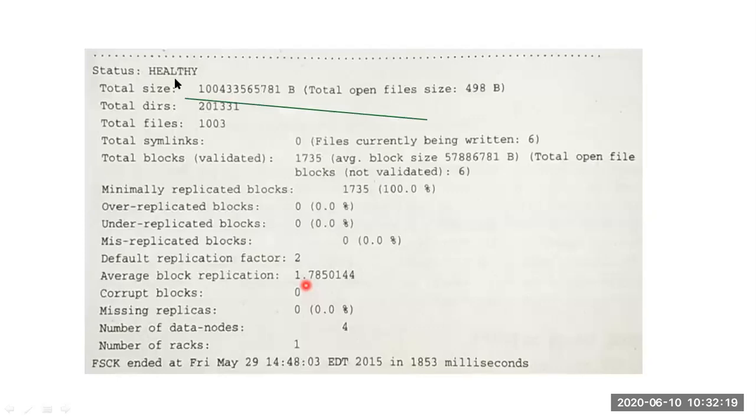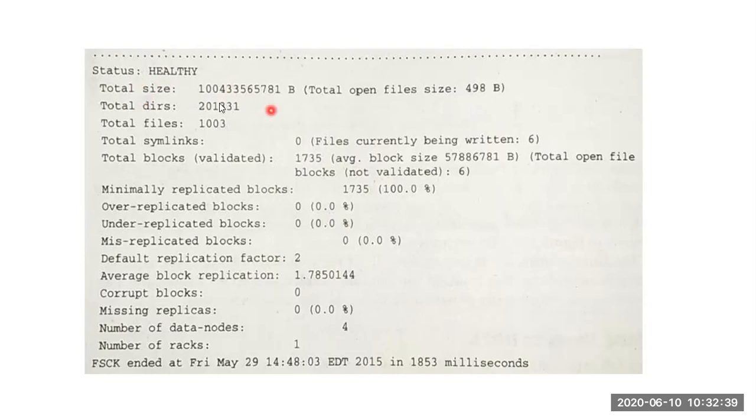So as we discussed, this gives you the information about the system, like whether the status is healthy, the file system check status is healthy, and what is the total size.